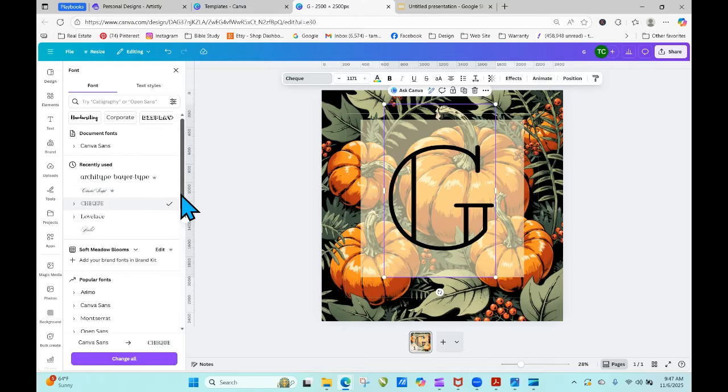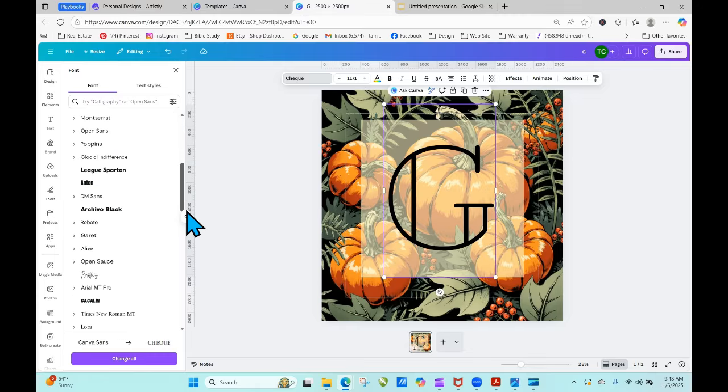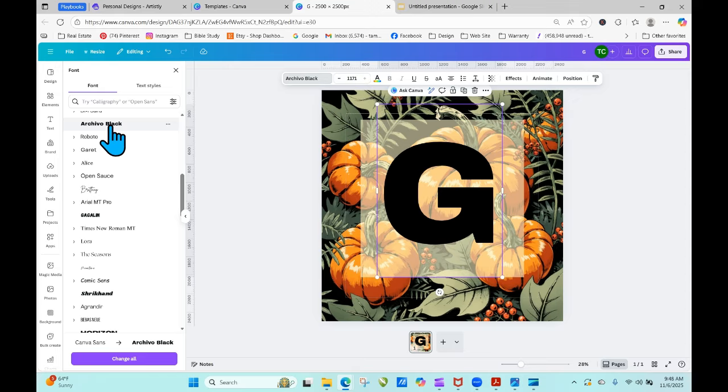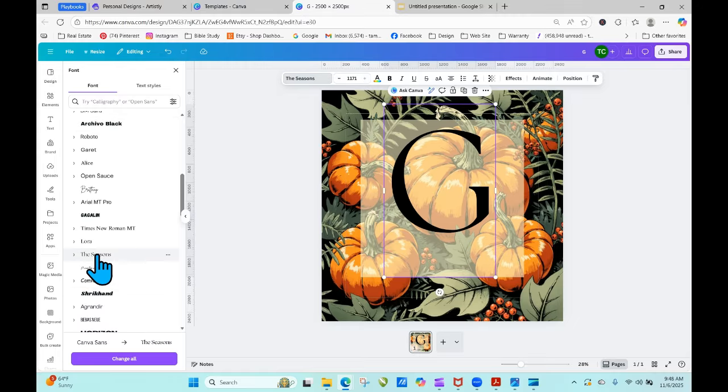I'm just trying some different fonts. Now remember, like this one, the archetype, that one is one of the pro fonts, and you should not use them in anything that you're selling. So you want to look for the free fonts. And so, you could, depending on what you wanted to do and how you wanted it to look, you could